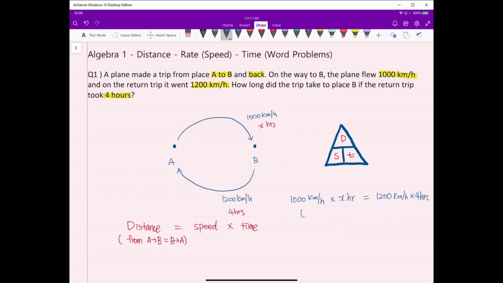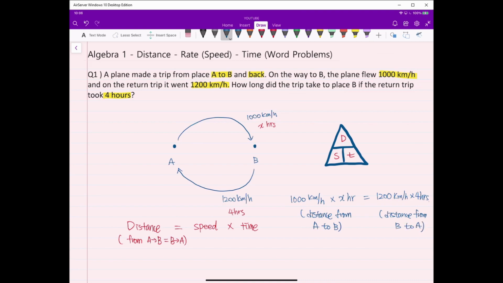So the first product is the distance from A to B, and the second product is the distance from B to A,